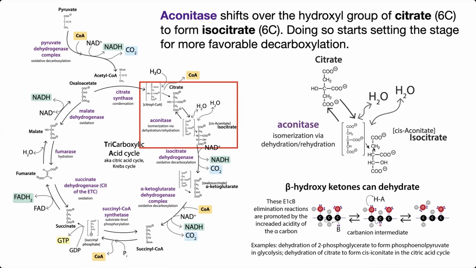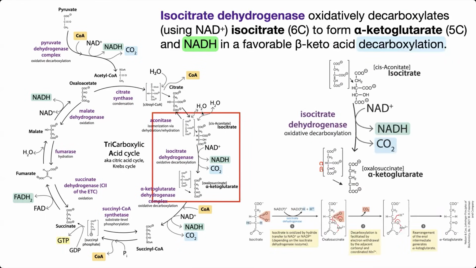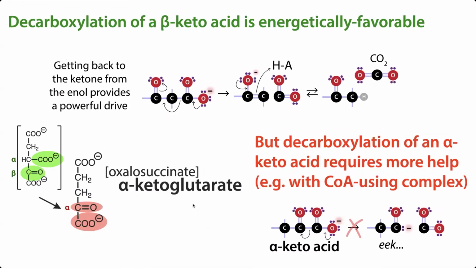So now we've got this isocitrate compound, and we want to take this isocitrate compound and produce alpha-ketoglutarate. So we want to do this reaction. This gets us to thinking about why this is energetically favorable, which takes us back to thinking about alpha and beta keto acids. And so if we think about where the ketone is in relationship to the carboxylic acid we want to remove,